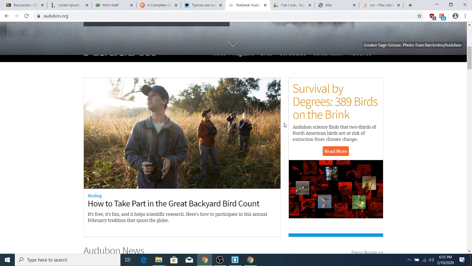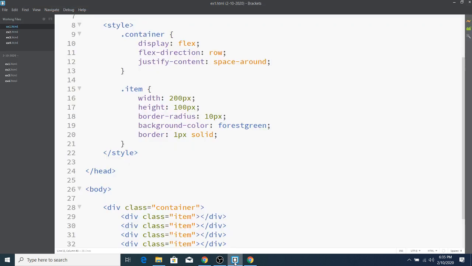Now, I'll be perfectly honest with you. Flexbox isn't the greatest way to do this. Grid is actually really good at this, but let's pretend that we didn't have grid. And since we haven't really talked about it, we really don't. Okay, so let's